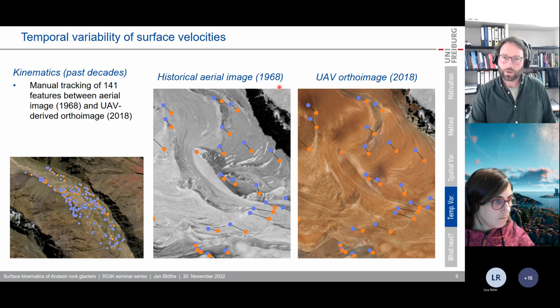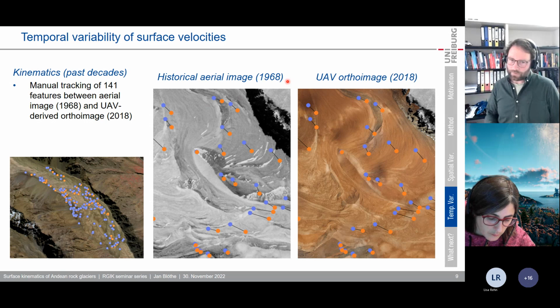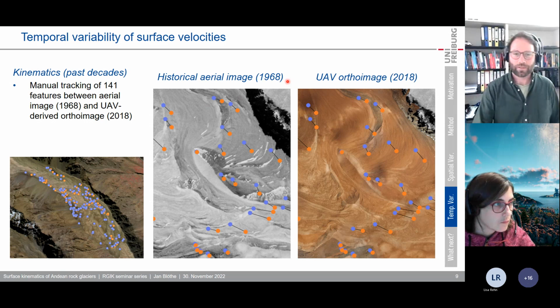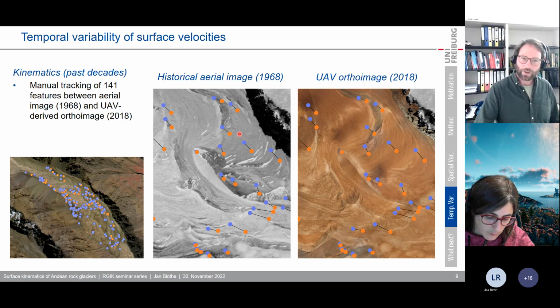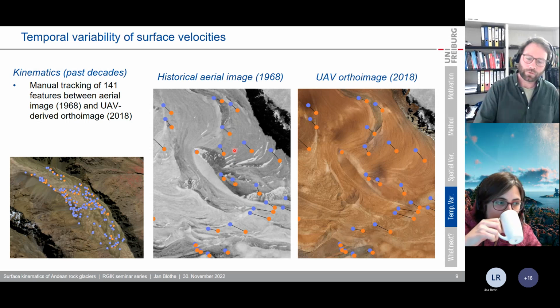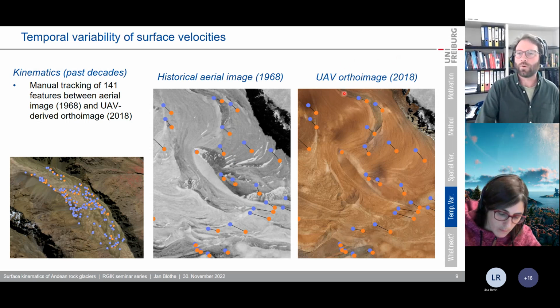So there is some historical aerial imagery available from 1968. Sadly, the quality of this imagery is not high enough for automated tracking. So what I did is I did some manual tracking of large boulders or some features on the rock glacier surface, or on the surface of this ice debris complex, and compared it to our UAV-derived